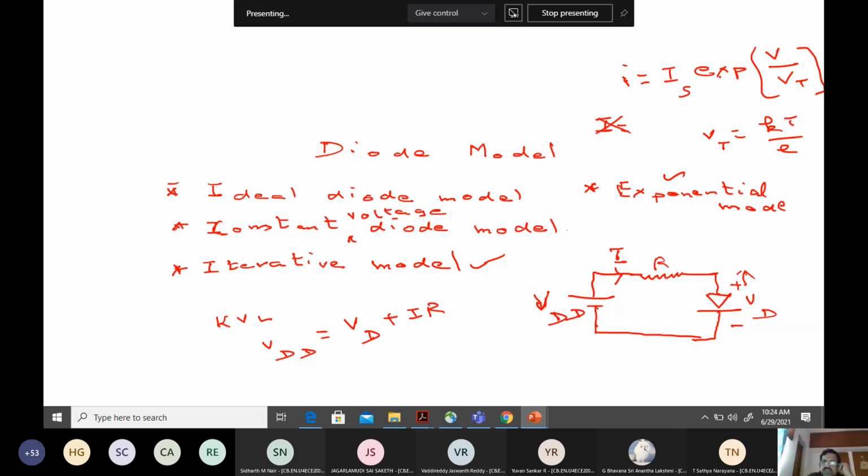But this equation represents the non-linearity of the diode function. Remember the word non-linearity. If I want to apply Ohm's law and perform simple analysis, then I need to get this exponential model approximated in such a manner that I am able to apply Ohm's law in circuit analysis with diodes. So with that idea, we'll move further.